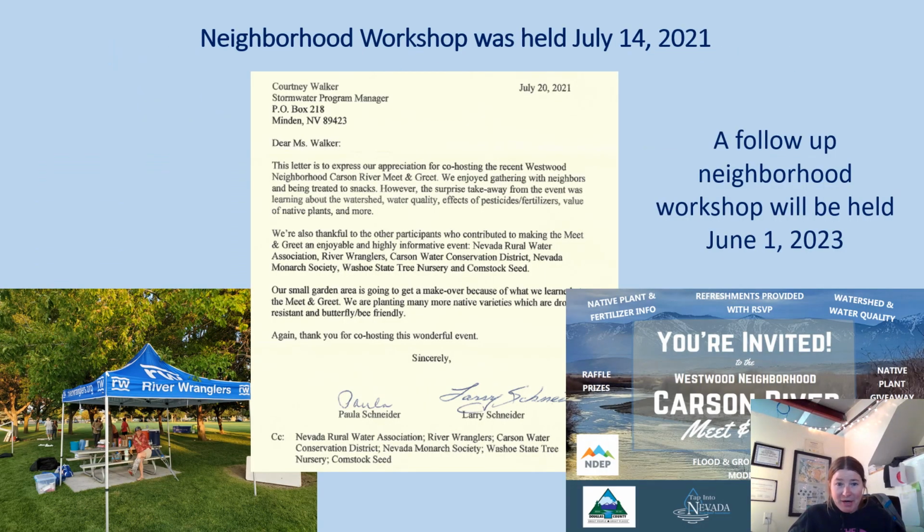It was actually a really great workshop. It was very well attended. We even got a thank you letter at the end of it, which was really nice to see. And we did a plant raffle giveaway, which was really cool. And it was a really successful workshop. So much, in fact, that we would like to have a follow-up one that we're planning for June 1st, which will also be